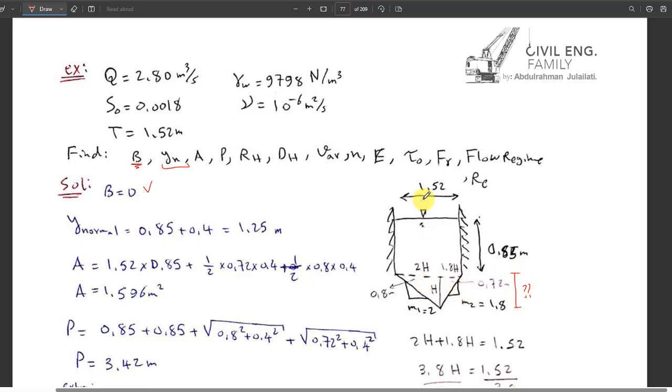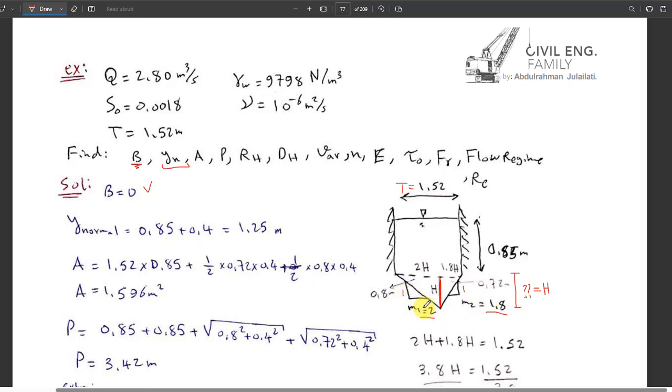Here it is 1.52, which is T. Since T is given as 1.52, I can find the relation between the vertical and the horizontal. We know there is a relation, because here it says one vertical gives us 2 horizontal, and one vertical here gives us 1.8 horizontal. If I name this unknown vertical distance H,